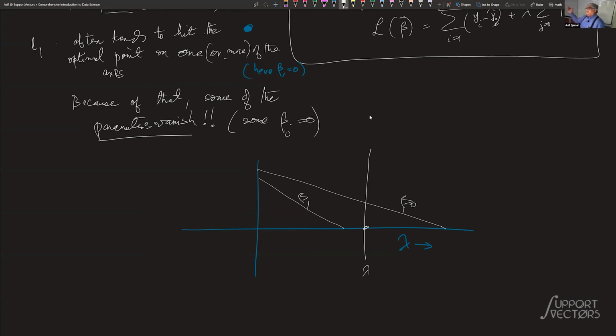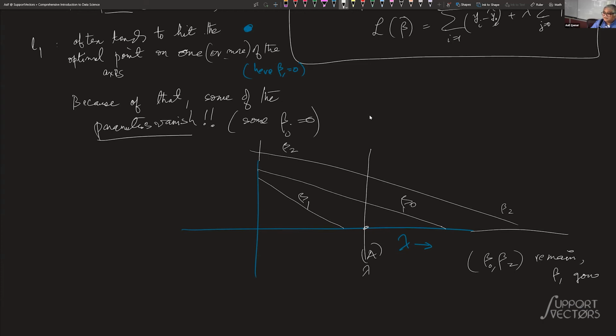Beta 1 has disappeared and beta 2 has remained. Beta naught has remained in this particular example. How many betas remain? Beta naught and beta 2 remain at cutoff A. Beta 1 is gone. On the other hand, if I put the cutoff here at B,